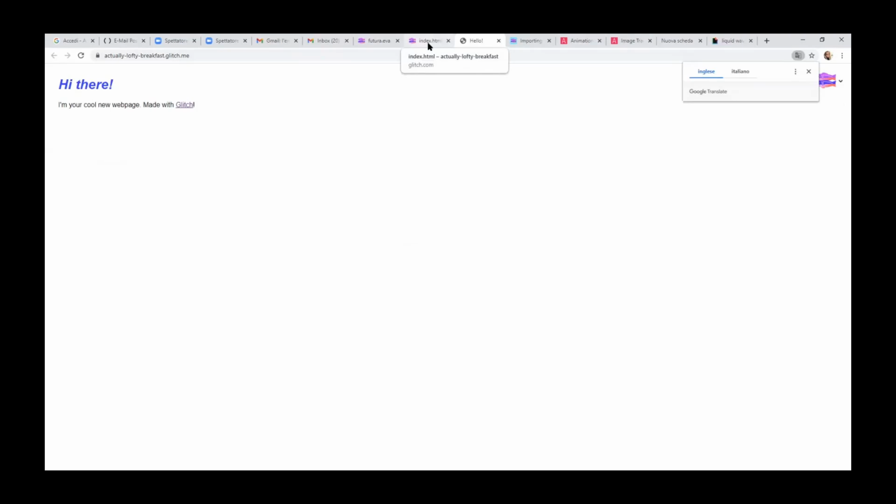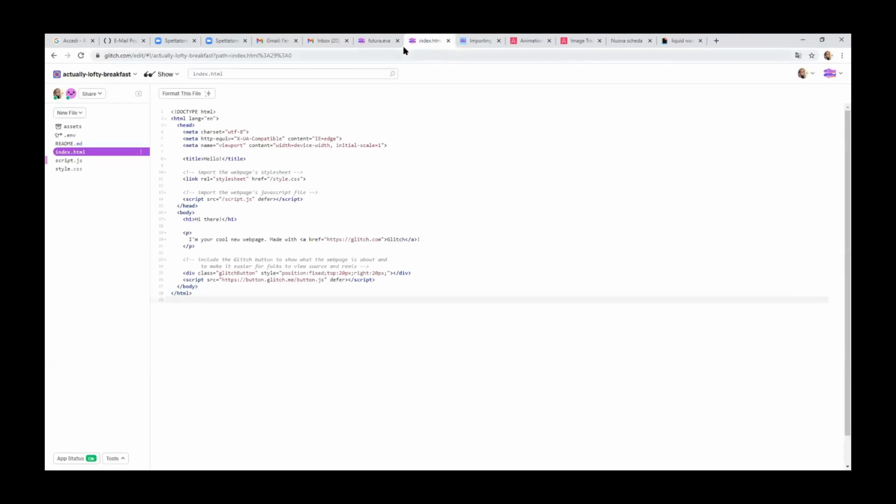We just see that here we have a page where there is this text, because we didn't put anything more in the code, you know, it was just like this. And we have another way of